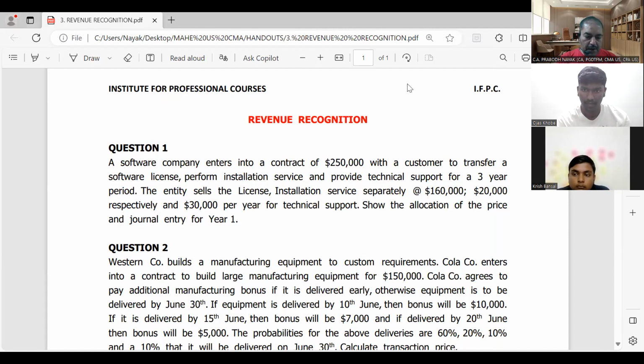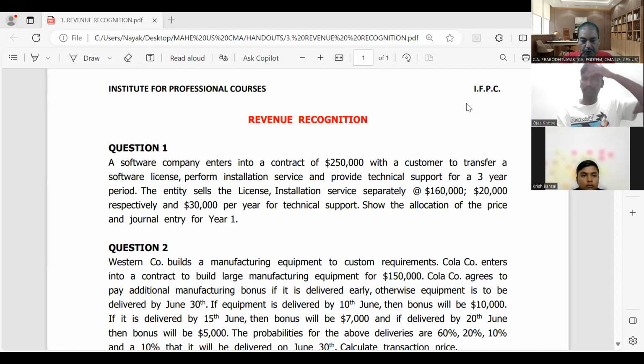The software company enters into a contract of $250,000 with the customer to transfer a software license, perform installation service, and provide technical support for a 3-year period. So there are 3 performance obligations. One is the transfer of software license, second is performing the installation, and third is to provide the technical support